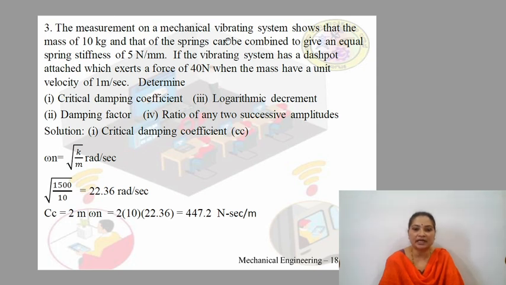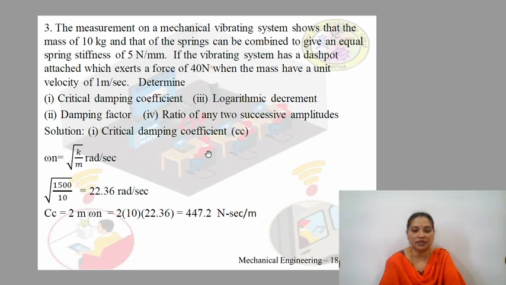The measurement on a mechanical vibrating system shows that the mass of 10 kg and that of the springs can be combined to give an equivalent spring stiffness of 5 Newton per millimeter. If the vibrating system has a dashpot attached which exerts a force of 40 Newton when the mass has a unit velocity of 1 meter per second, determine the critical damping coefficient, damping factor, logarithmic decrement and ratio of any two successive amplitudes. Here the first term that we are supposed to find out is the critical damping